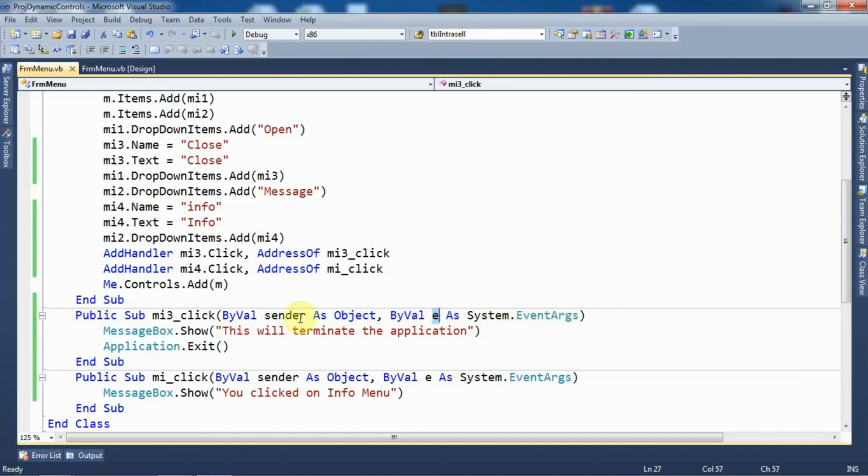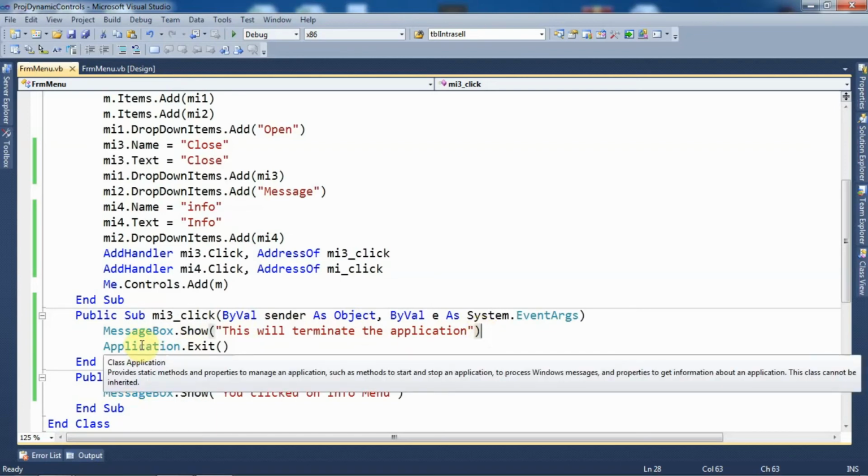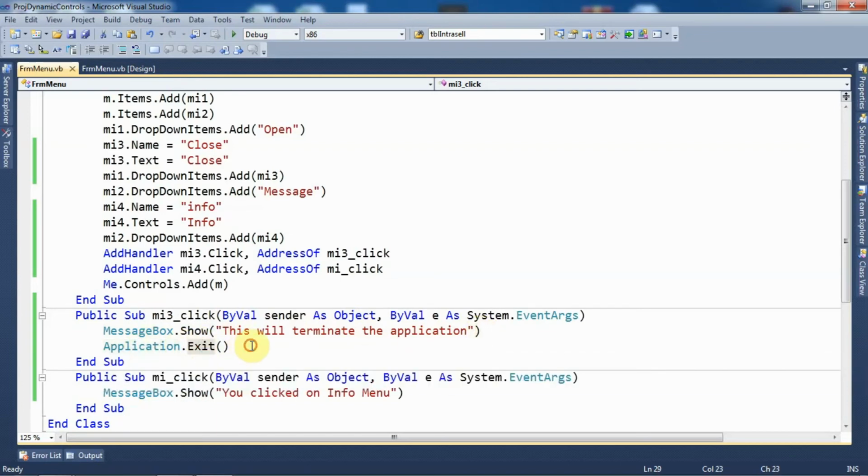These are the common parameters which we find with all the events. After writing this prototype, I have specified MessageBox.Show and as a message I will display this will terminate the application. And after that I have specified Application.Exit.